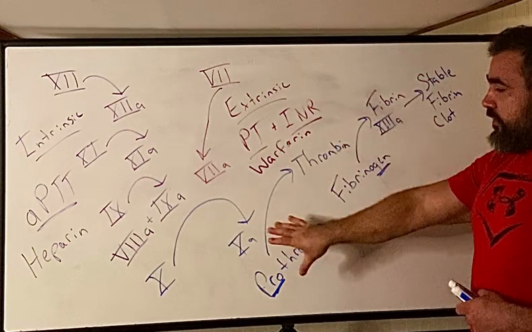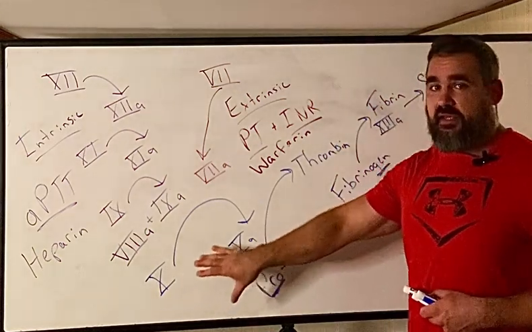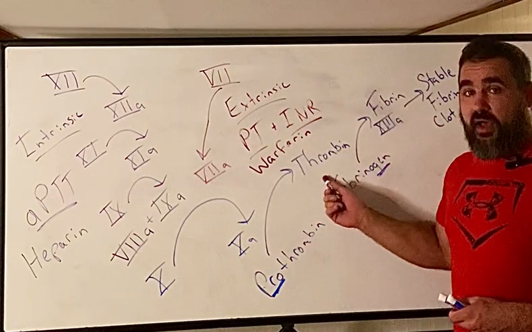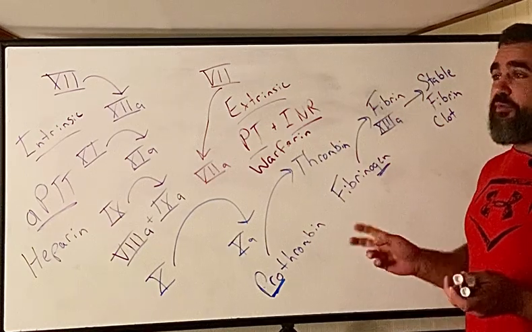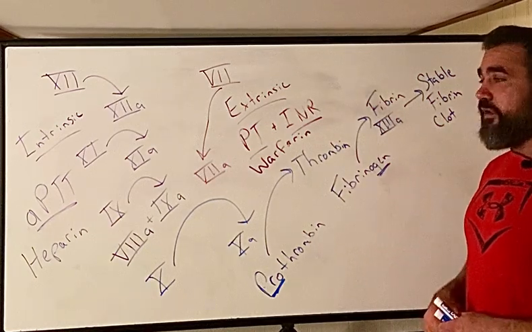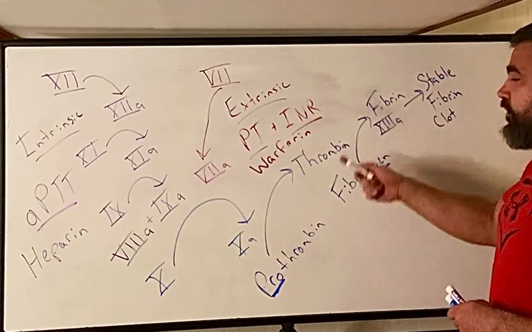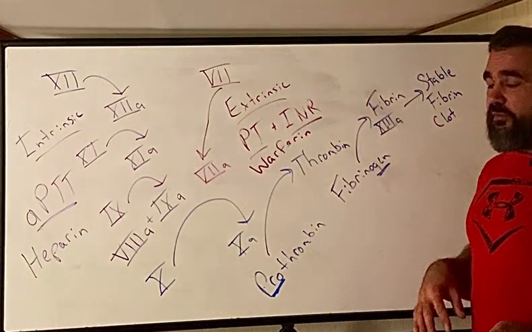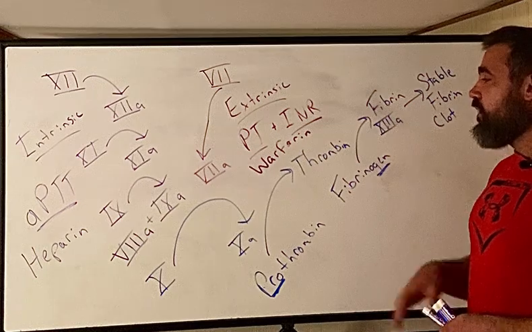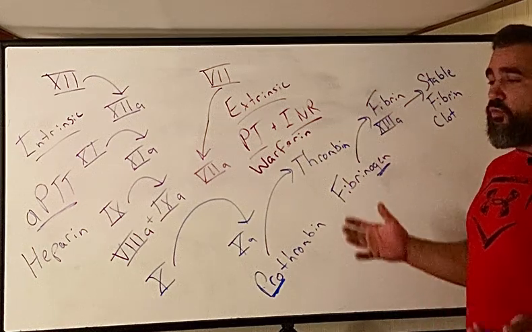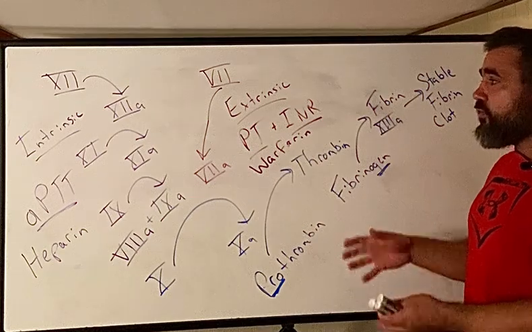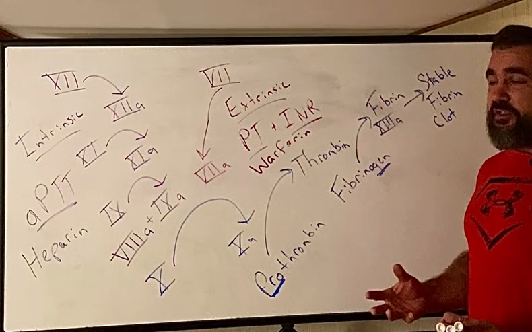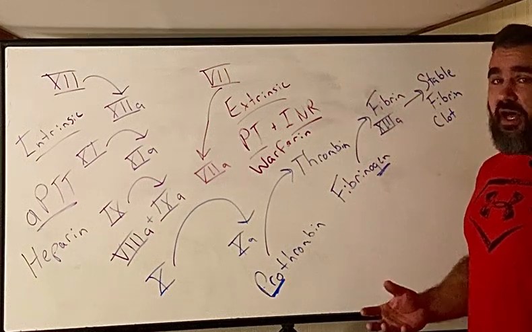Now, again, as we get deeper into the common pathway, this is the common factor 10 and common pathway. Well, there are factor 10 inhibitors like Xarelto. There are direct thrombin inhibitors. As anticoagulants have gotten more advanced, we've worked more downstream in the pathway, until we have direct thrombin inhibitors, okay? We talked about antiplatelet drugs before, like aspirin and Plavix, which is clopidogrel. We'll come back and talk about those, but you can see all these ways we can either inhibit platelets with antiplatelet drugs, or we can use these anticoagulants, right? But again, these aren't making the blood thinner, they're just making the blood less likely to clot or take longer